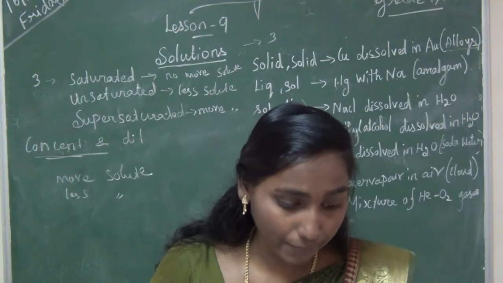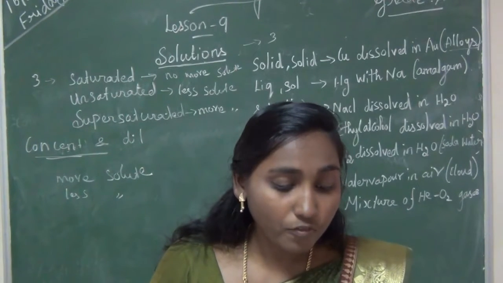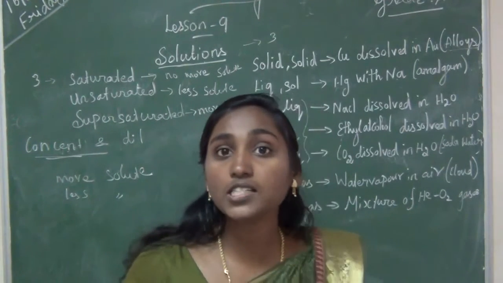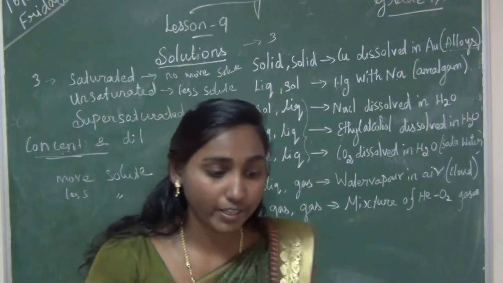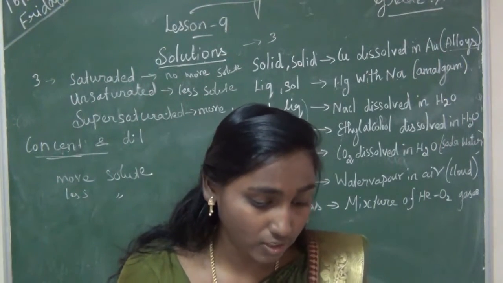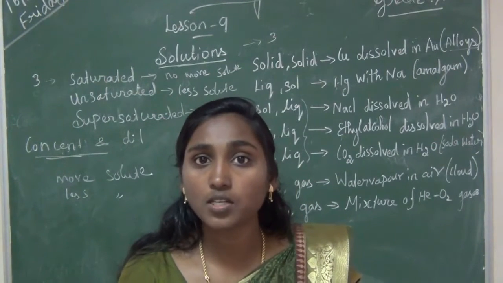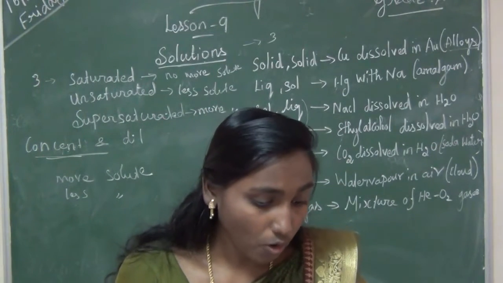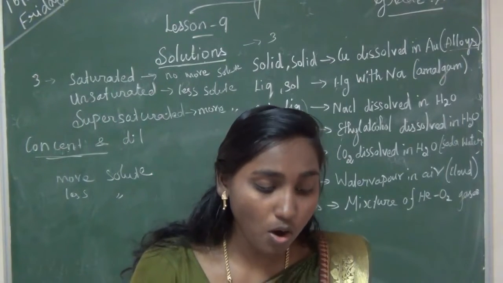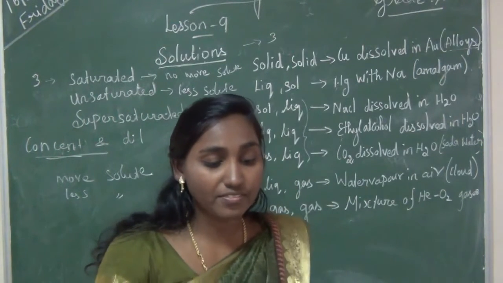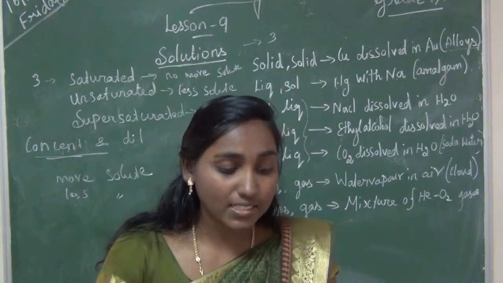Mark it. Option A. Then second one, the number of components in a binary solution is, binary means 2. So here answer option A, 2. Third one, which of the following is the universal solvent? Water. Then fourth one, a solution in which no more solute can be dissolved in definite amount of solvent at a given temperature is called